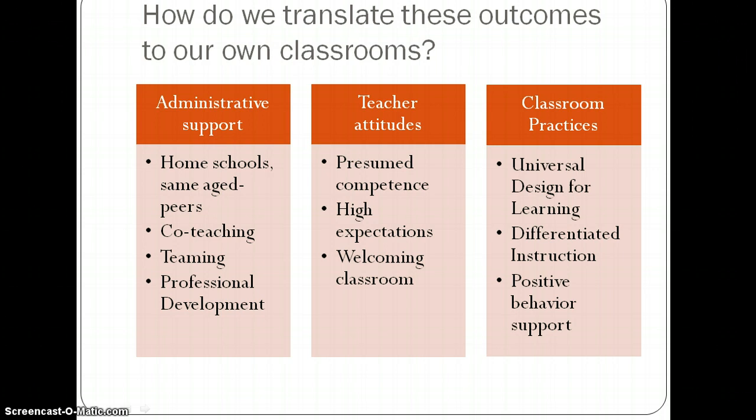Here are 3 very broad categories of what contributes to successful inclusion. First, administrative support is essential. This can look like restructuring across districts and schools to ensure students are in their neighborhood schools, but also being included in classes with same-age peers. Administration should also be providing opportunities for staff development and flexible supports, like co-teaching and working together as a team. Research has indicated that students who are placed in poorly designed inclusive programs actually experience negative outcomes compared with their peers in segregated environments.